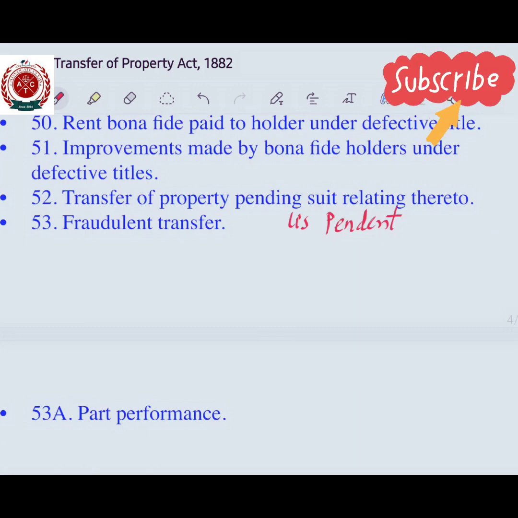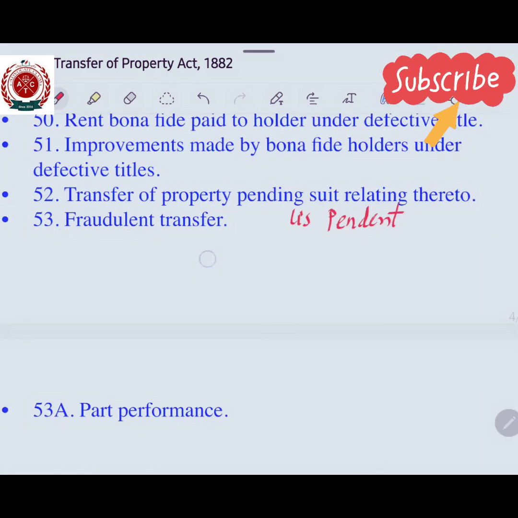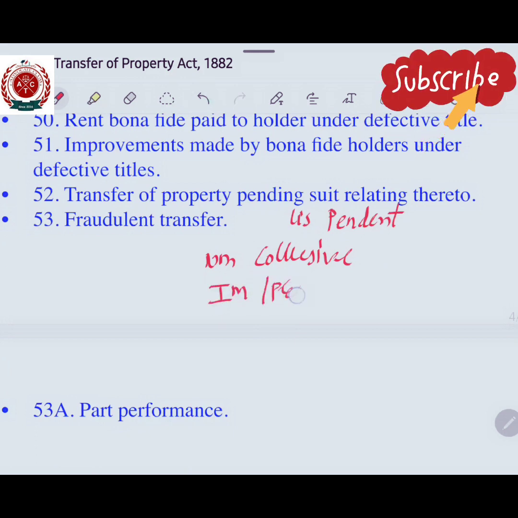If there is prior permission to transfer, the judgment or the order of the honorable court is binding on the transferee. But it is most important that it is not a collusive suit, a non-collusive suit, and it is for immovable property. As we have seen now, all the property is immovable property, so it is also immovable property. Further, transfer with court permission, and the property is directly in question.